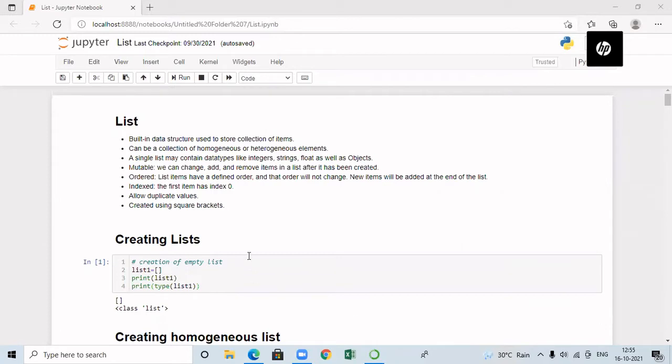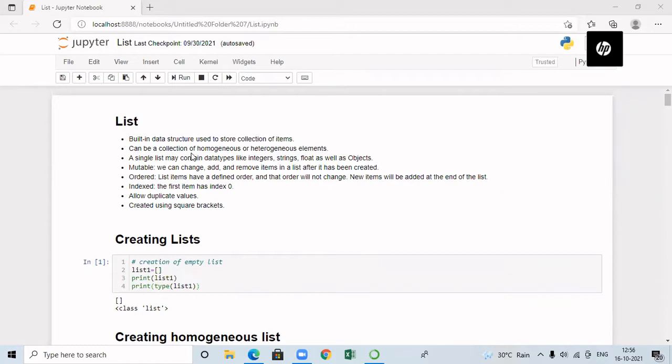In this video, we are going to learn about list, and this list is a built-in data structure and it is used to generally create and store a collection of items. When we go for data types like integer, float and other things, we can store only one value. Whereas when we want to go for a collection of items, we can go for list.